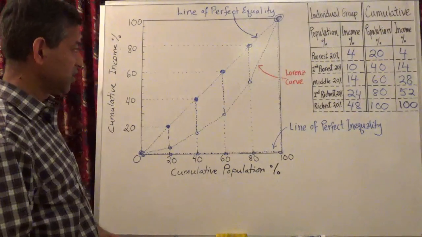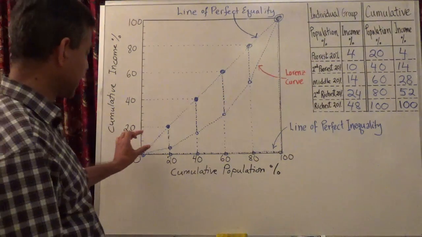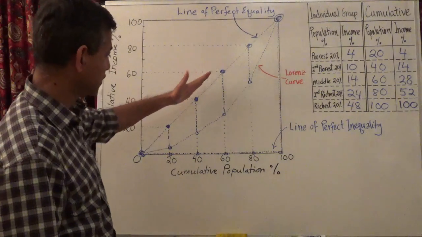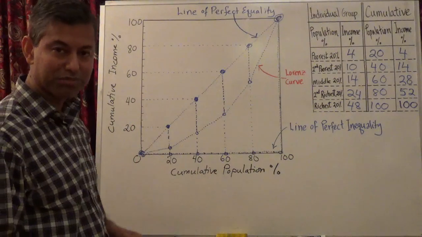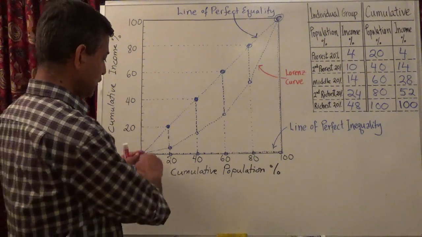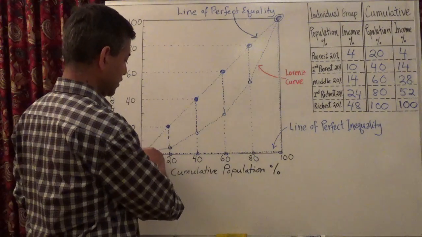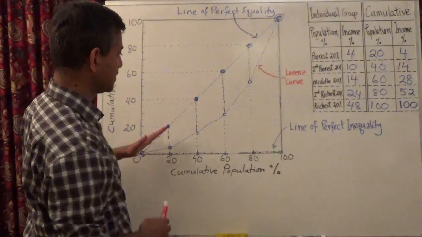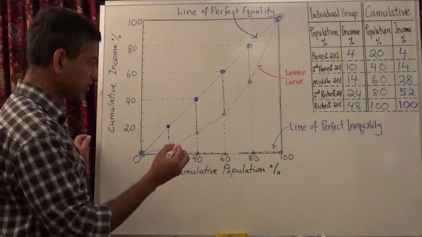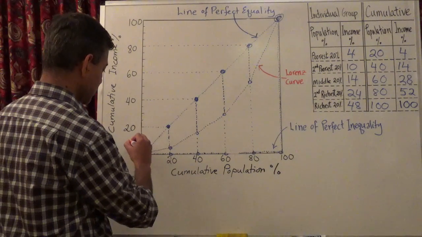So the Gini index is looking at the gap that we see between the Lorenz curve and the line of perfect equality relative to the maximum gap that there could have been. The maximum gap that there could have been would be the gap between the line of perfect inequality versus the line of perfect equality. So think of this area